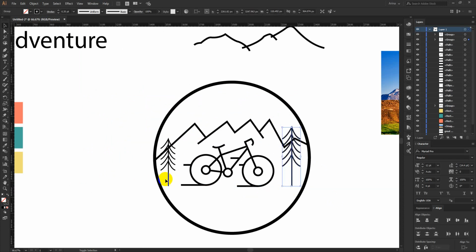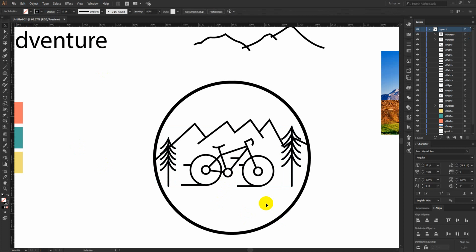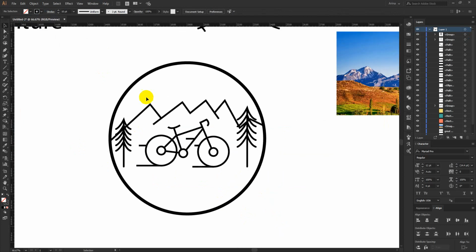Now selecting both trees, and I am going to make them a similar size. Now I can use this round cap for the trees, or I can use that round cap for all of the strokes here, but okay, no problem.